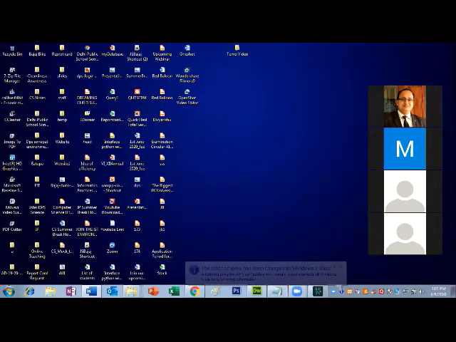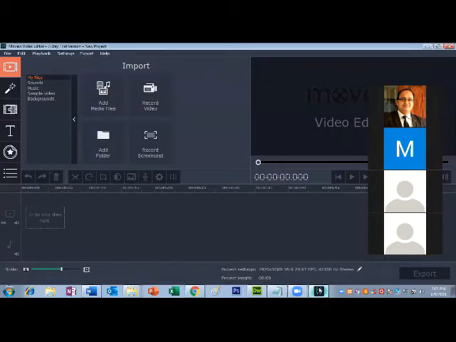So video editing, which we are going to learn, is through the Movavi Video Editor software. The screen you are watching right now on the computer is the screen of Movavi Video Editor. This is not open source software. This is paid software, but anyhow we managed to get the crack of it.